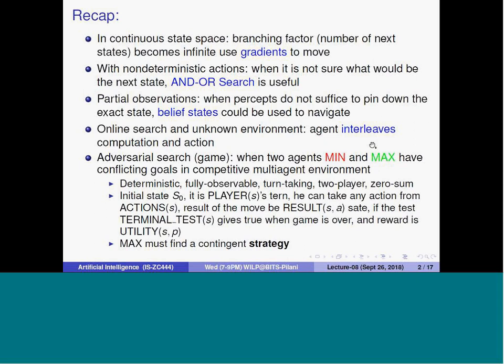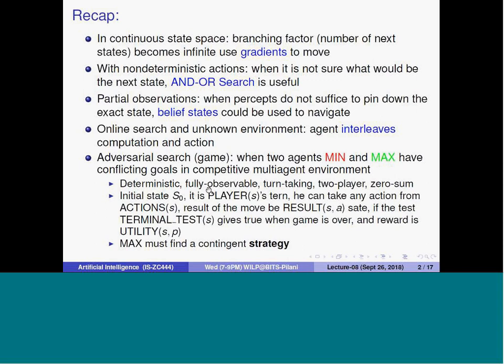Whenever you take a turn, you advance your move. You want to maximize the profit for the board position you have, so you are increasing the value. Minimizing means the second person, when his turn comes, wants to minimize that value so that you don't get that much. So he would try to minimize that value.